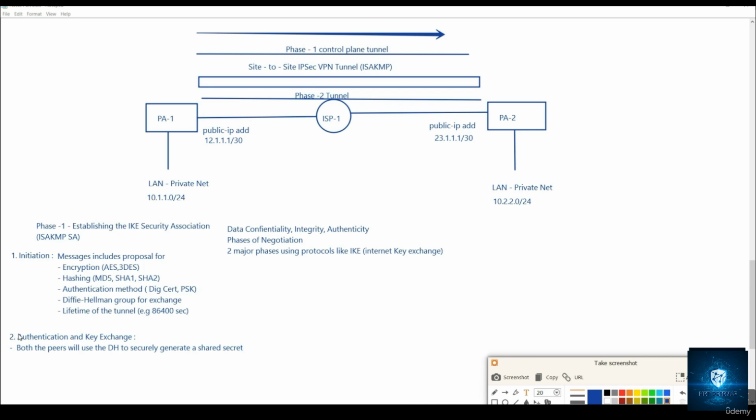Okay, both the peers will authenticate each other, either using PSK or certificate based called RSA, or might be EAP will be used. Okay, and finally, once verified,